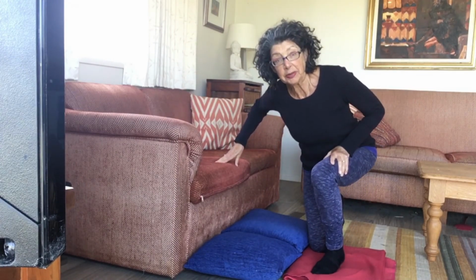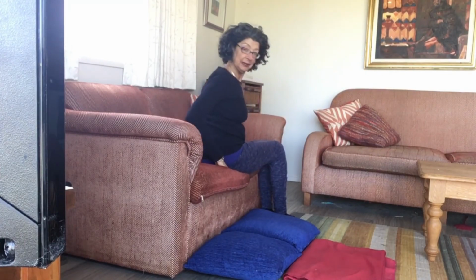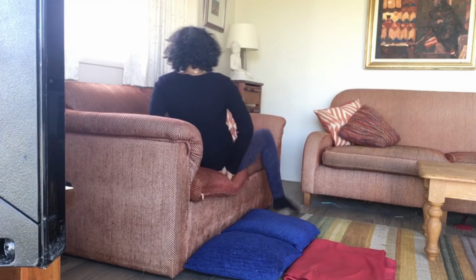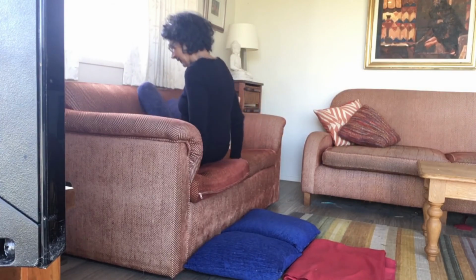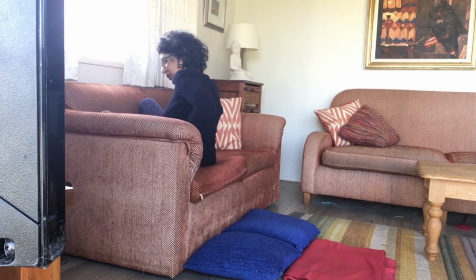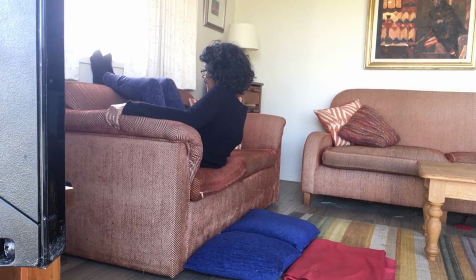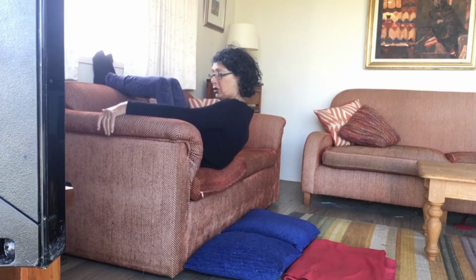So you've got to get into it back to front. You sit down, you swing your legs around, not terribly elegant, and you place yourself so that you've got your feet over the back of the sofa or the chair. Okay, I've got a wall there which is actually quite supportive. You don't have to have a wall there, but it's quite nice. I find it's just the right length for me, for the length of my legs, to have my feet